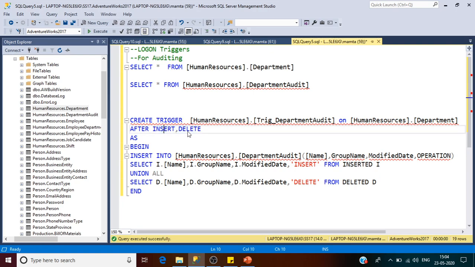So whenever insert or delete happens on the department table, it will take that particular row that has been inserted or deleted in the department table, and it will log the same row in the department audit, and it will insert the operation as well. So this is the begin, insert into. What this trigger will do, basically, it will insert the record into the department audit,